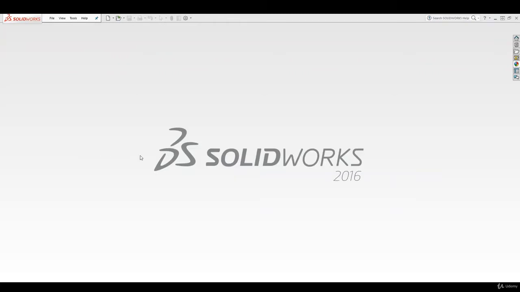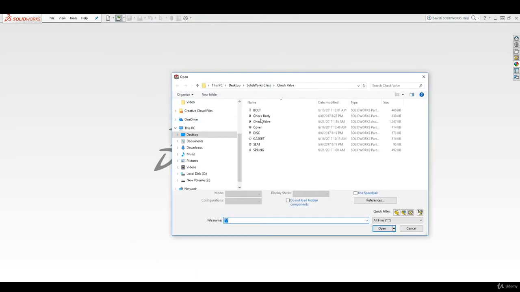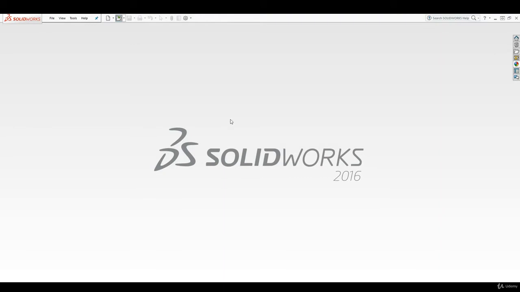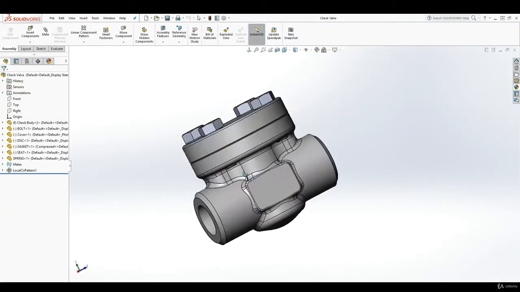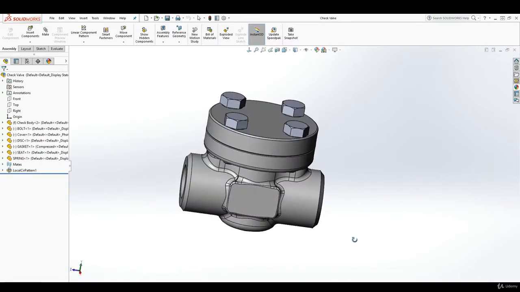So in this lesson we are going to be adding appearance to our valve. So to start, let's just open the valve. I'll browse to my file location and open my check valve. And so now I have the check valve, and some of those valve components that I provided in the asset